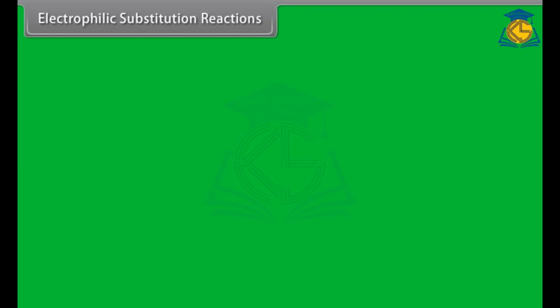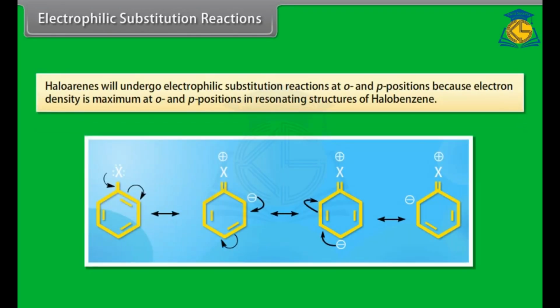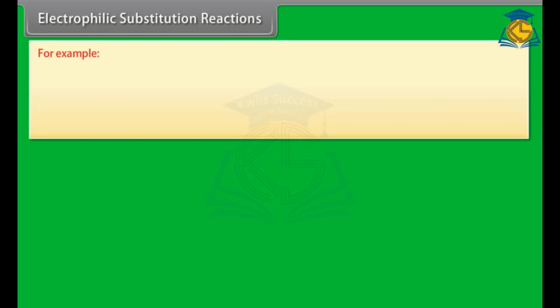Electrophilic substitution reactions. Haloarenes will undergo electrophilic substitution reactions at ortho and para positions because electron density is maximum at ortho and para positions in resonating structures of halobenzene. For example,